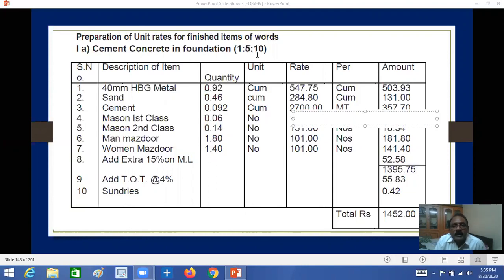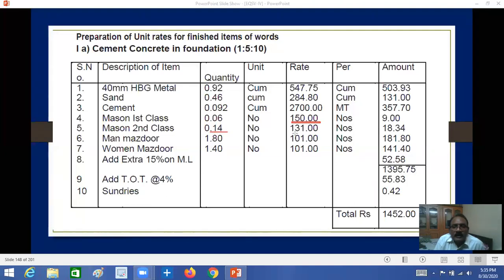Here you have to change this, because this is the old rate. Now you can change it to 800 or 600. As per SSR it is given as 550 rupees, but you take 1000 rupees. So the procedure and concept are important for the evaluator: how much rate and how many numbers. So 0.06 multiplied by 150, you will get 9 rupees amount here. For second class, 0.14 is required.